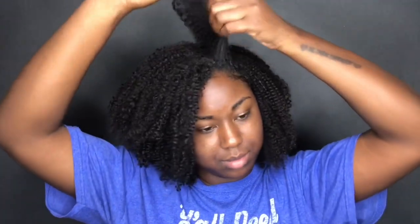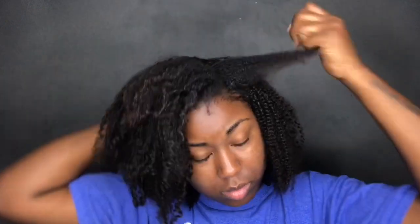All right, so I'm all done clipping in the clip-ins to my head. It is so easy. It took about 5 minutes to do. So I'm just taking my leave out and putting it exactly where I want it to go, covering the tracks where the clip-ins are. And I'm just going to take my water bottle, spray my hair with some water, and